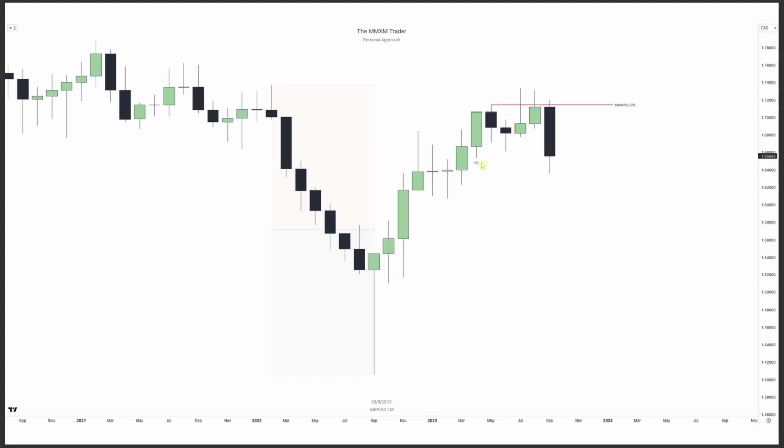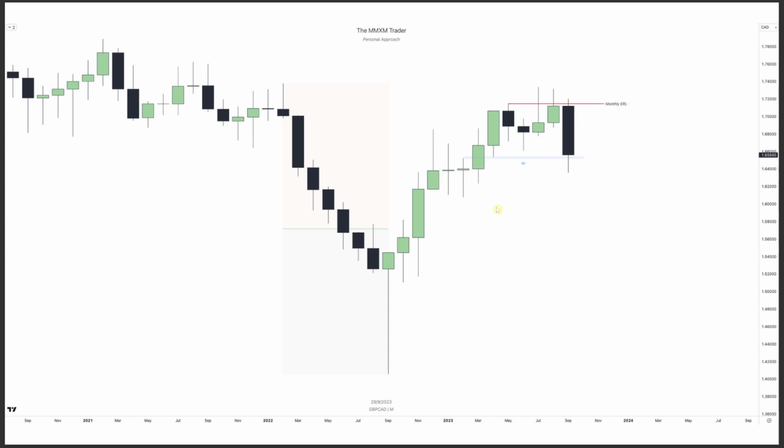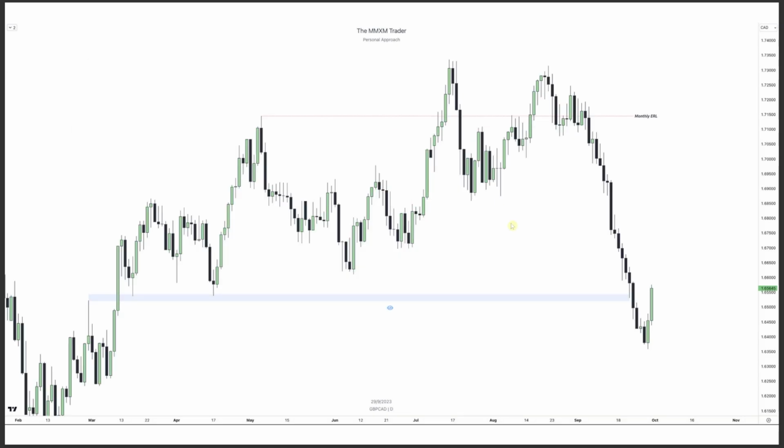We've got a little gap over here, right? So that is the draw on liquidity after we take out that external range liquidity on the monthly. And there you have that little fair value gap over here, which is the draw on liquidity. We started off with the monthly and we're diving into the daily right now to get a little bit of